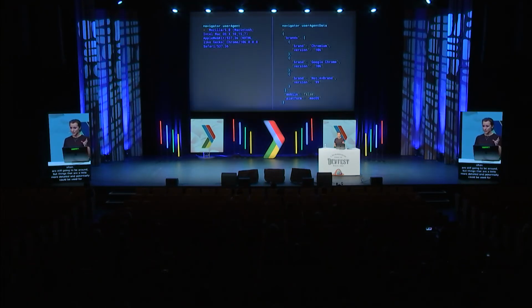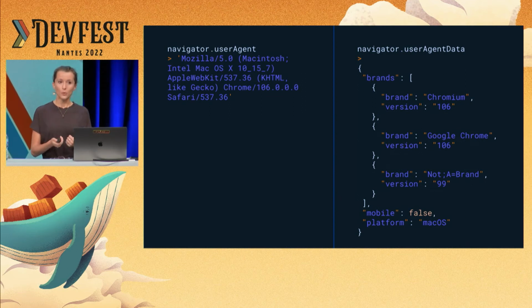And because of that, it's a good idea to already adopt the new way in Chrome to access user agent data. It's called navigator.userAgentData, surprise. Here on the left, you have the good old navigator.userAgent. And here on the right, you have navigator.userAgentData. We can see a few things over there. You can see the brand, so you also have the browser vendor in there. You have a Boolean for mobile, which is convenient. And you also have the name of the platform.